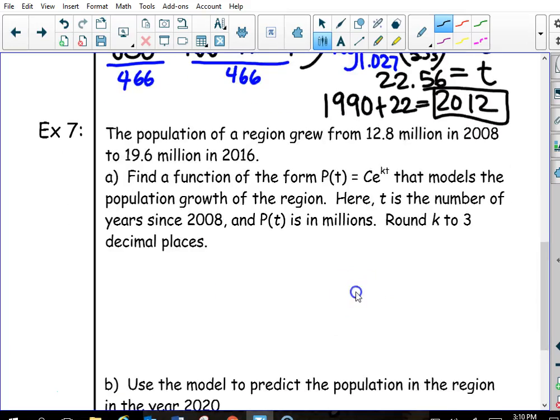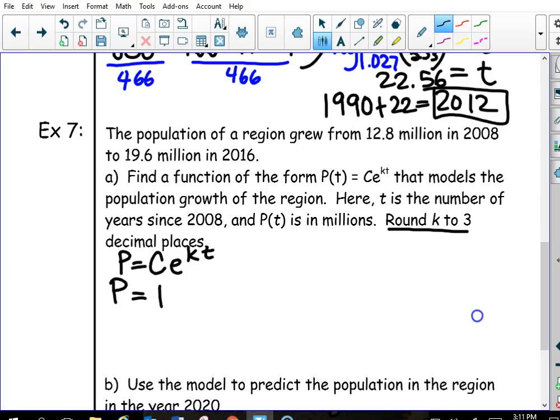Okay. Population of a region grew from 12.8 million in 2008 to 19.6 in 2016. Find a function of the form of exponential growth that models the population growth of the region. Here, t is the number of years since 2008, and the population is in millions. All right, giving us specific instructions on how to round k. Okay, so we start with P, the end amount, C is the starting amount, and it tells us that the first data point they have is in 2008,